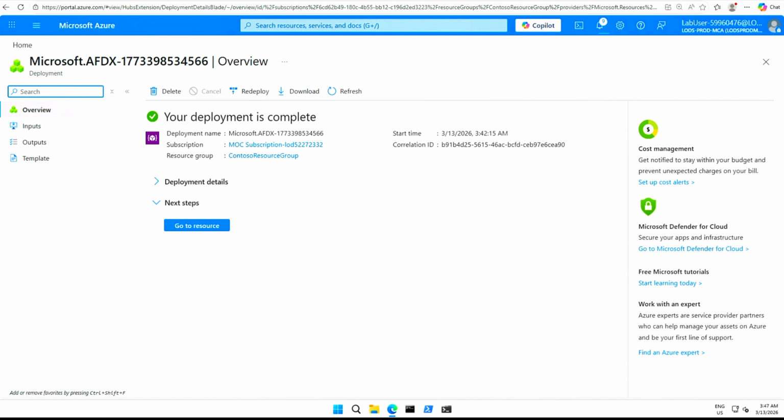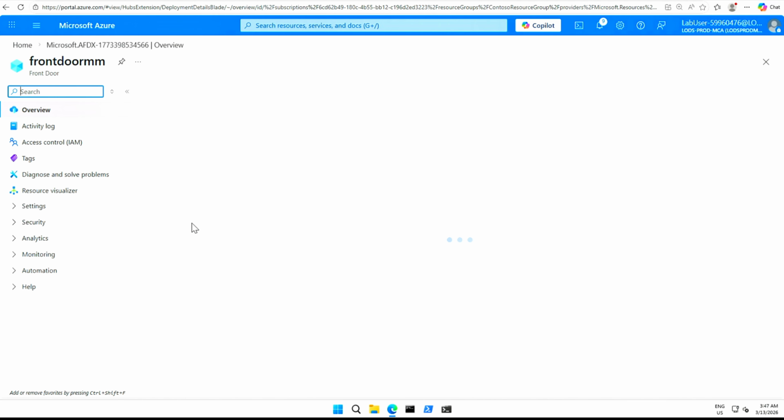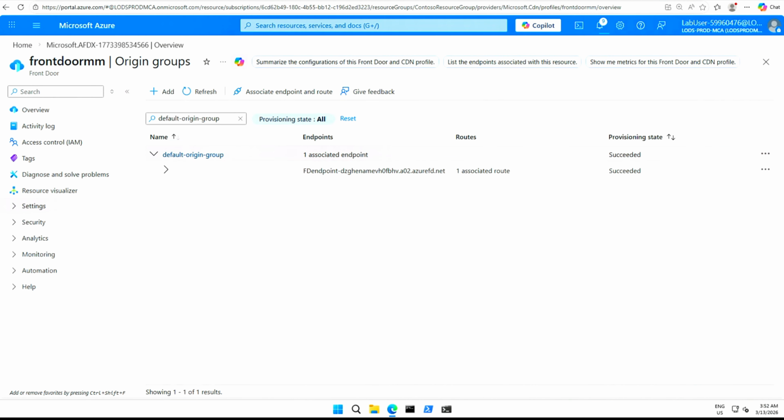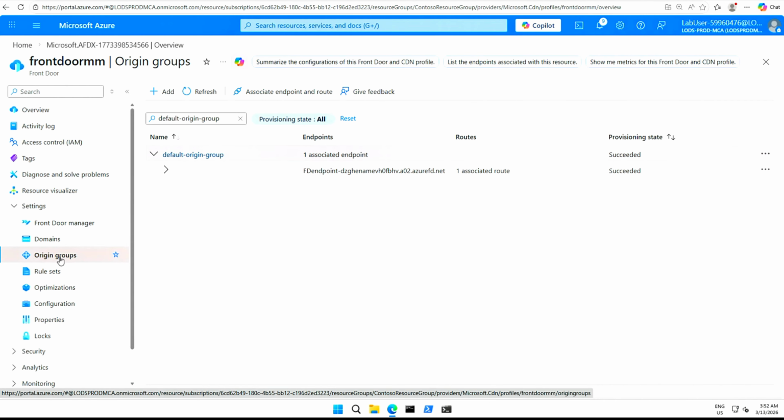So the deployment is complete now. Click go to resource. We can see that the front door is ready now. Now under the front door origin groups, go to settings and select origin groups, and select the origin group that was created, default origin group,